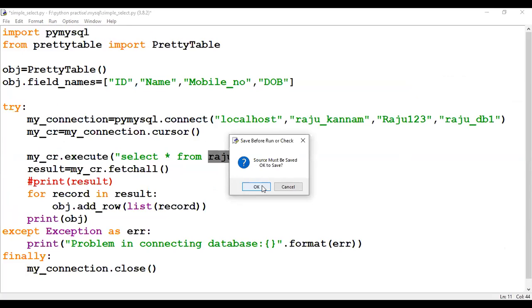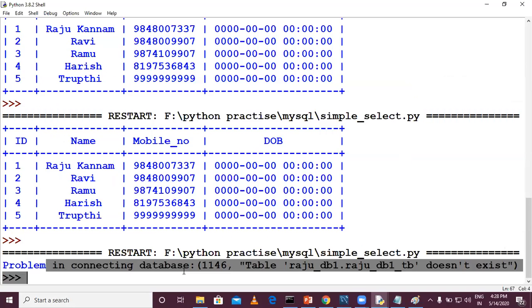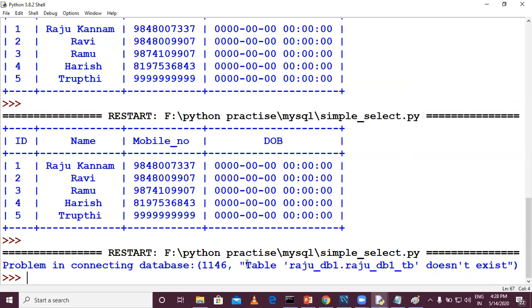When it throws an error, the try block will immediately handle that particular error, a problem in connecting to the database. We are printing the error message also: Raju_DB1_TB does not exist. This table does not exist in this particular database.